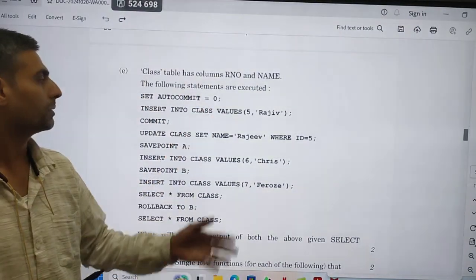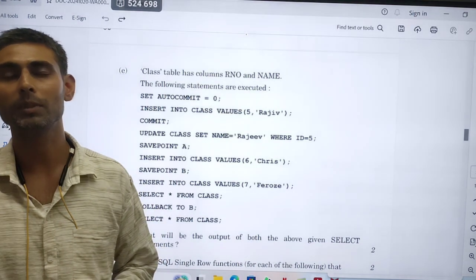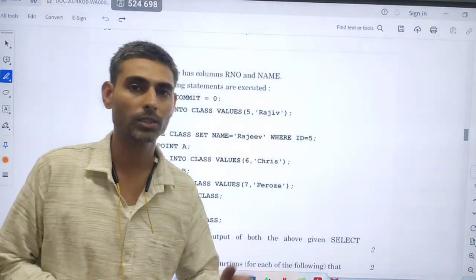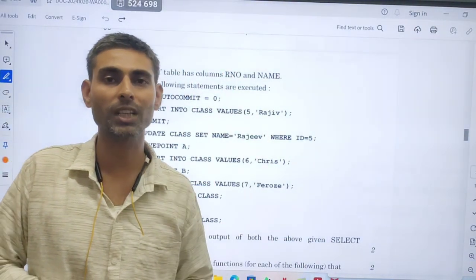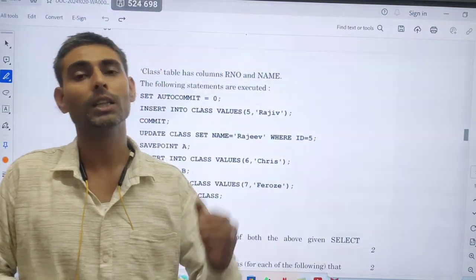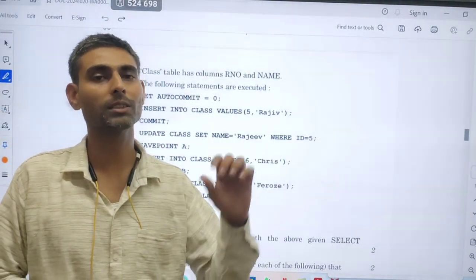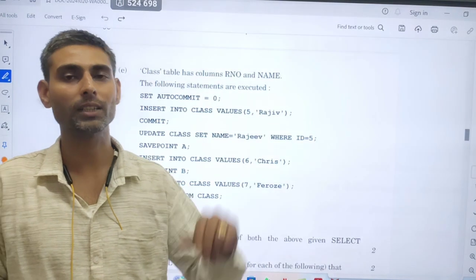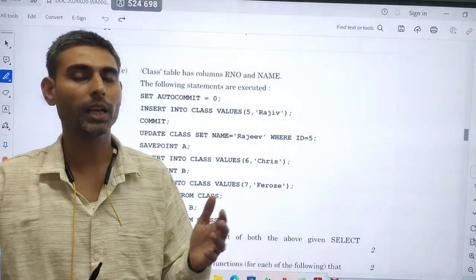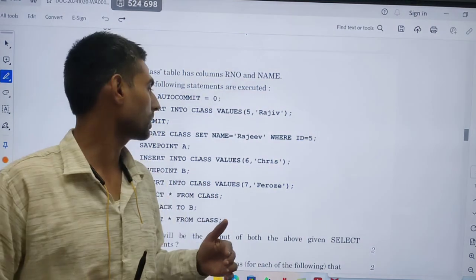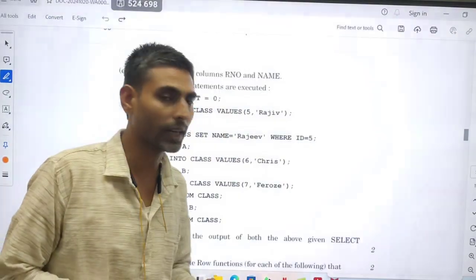In the previous video we saw the use of rollback, save point and commit. What is the use of rollback? To undo the command. If I want to undo some transaction, we use the rollback command. To fix our transaction we use the commit command. Save point is used for making some points up to which I can roll back. So basically we use rollback, commit and save points. Here we can see with an example how rollback and commit are used.